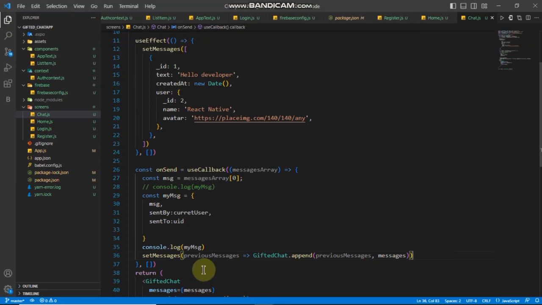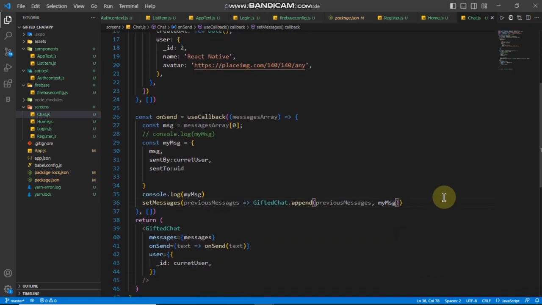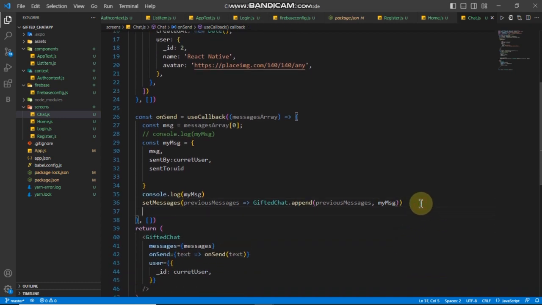So what this set messages just does here is that it takes in our previous messages, then takes in the new message together. So it adds our new message with our previous messages that have existed before. So here we don't need messages, we need to just add my MSG. Are you with me? So we need to add my MSG. Now